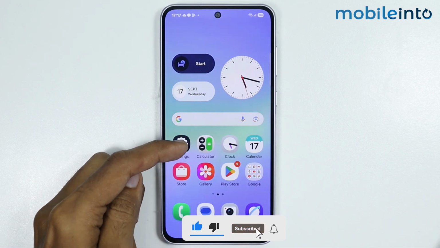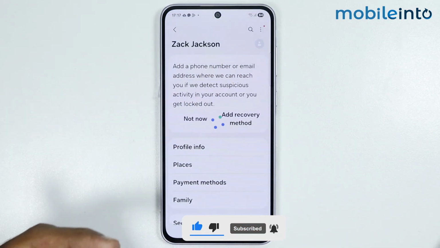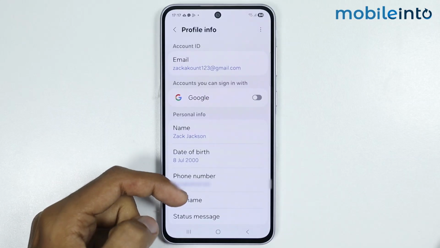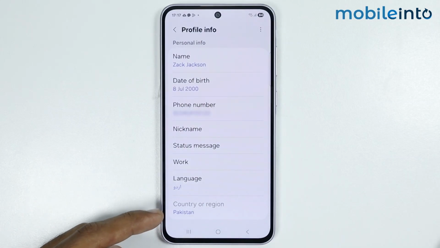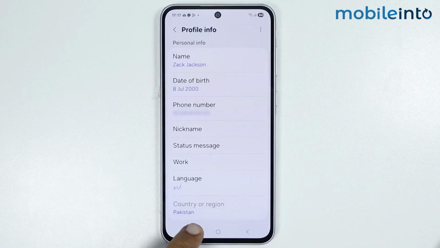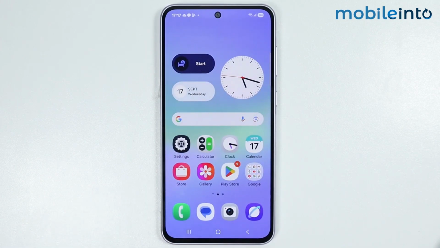Now, if you open the Samsung account in the settings app on your Samsung phone, just tap on profile info. Now at the end of the page, you will find the country or the region of your Samsung account. And if you want to change the country or the region of your Samsung account, just go to your home